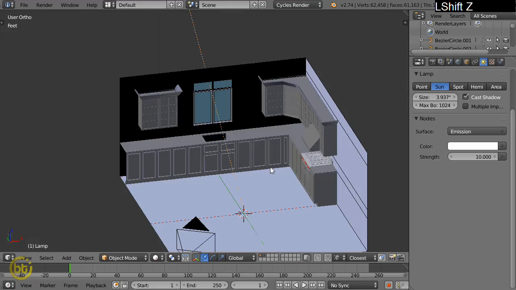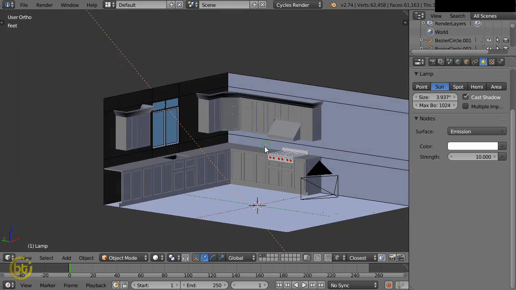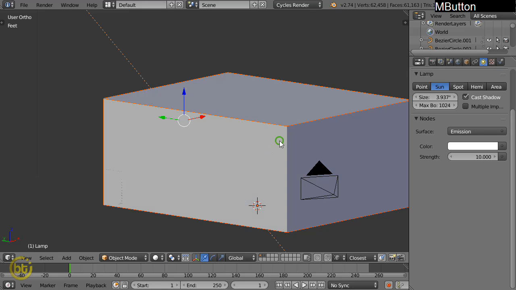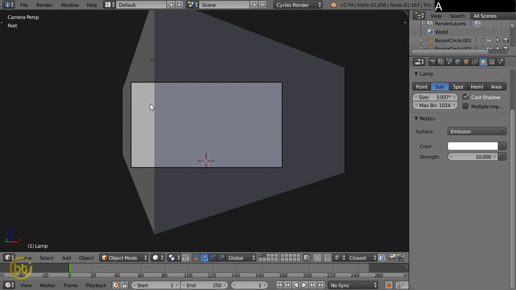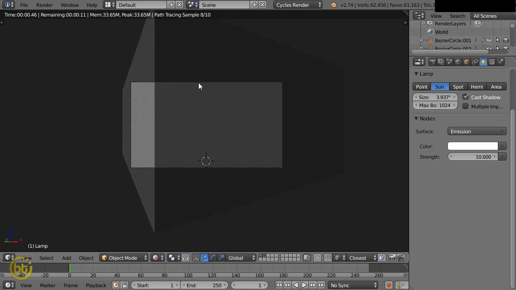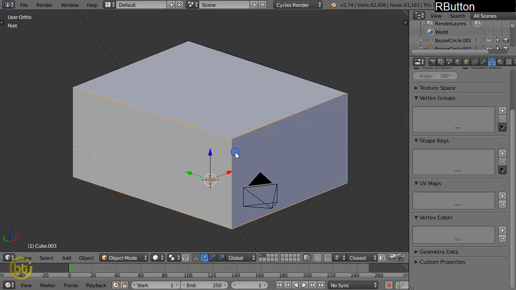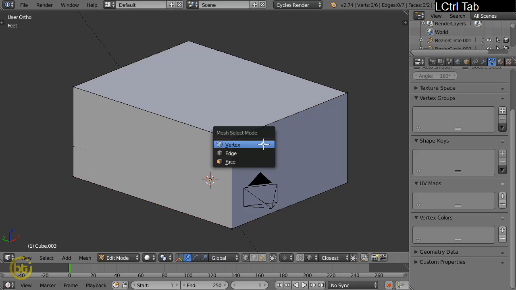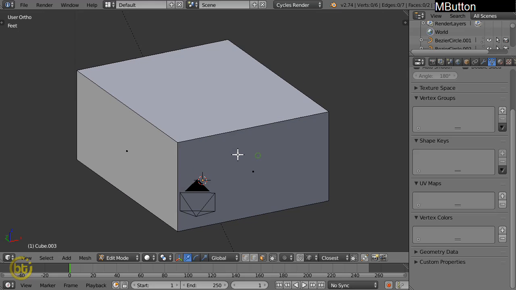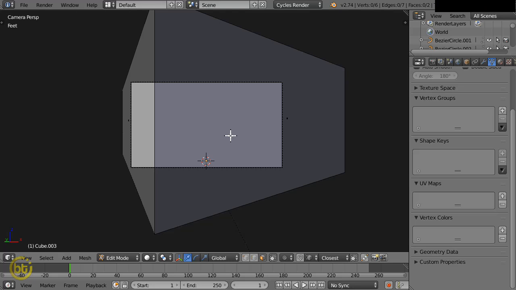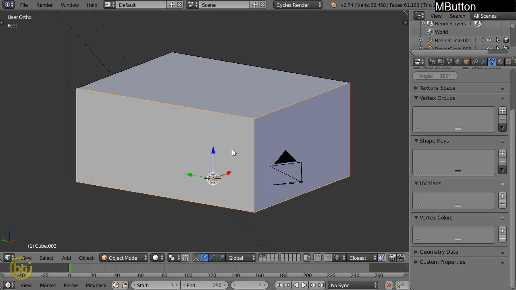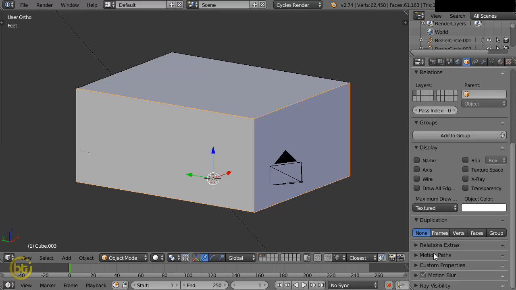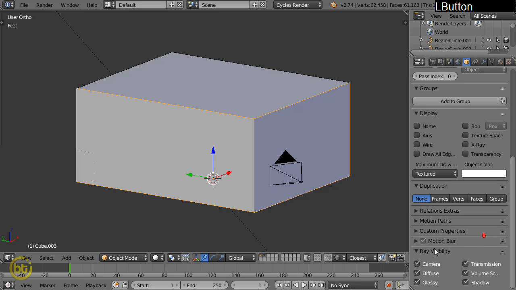some of the meshes. Okay, so what I'm going to do, press Alt H to bring everything, and if you bring all meshes you are not able to see inside the kitchen. The reason for that, this wall is hiding that. So what I'm going to do means select this mesh and go to this object data properties here, and underneath this ray visibility uncheck this